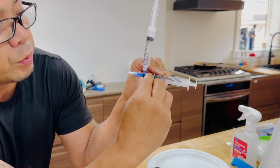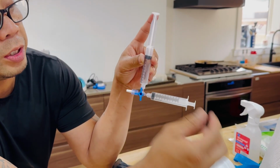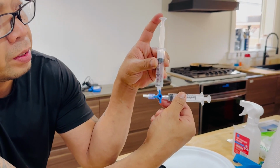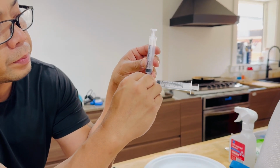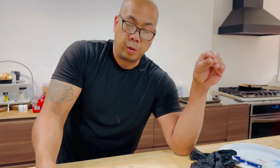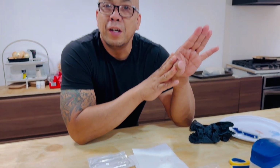When I'm done, I switch the three-way valve over, or stop valve they call it. So now this can't pull anything, and I have this preloaded with air. And what happens is, once you get the juice in there, you want to push it all the way in. Now you're gonna push air through there like that. Boom. And then you can close it like that. Pull out your catheter, right? I'm gonna put that down. And then you are going to plug the female parts